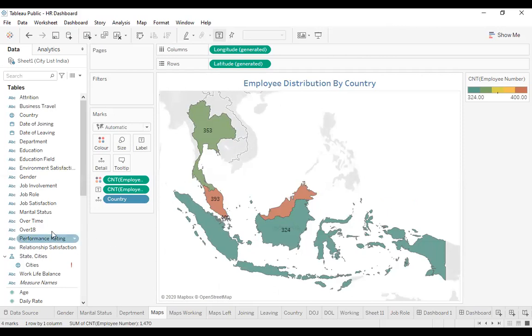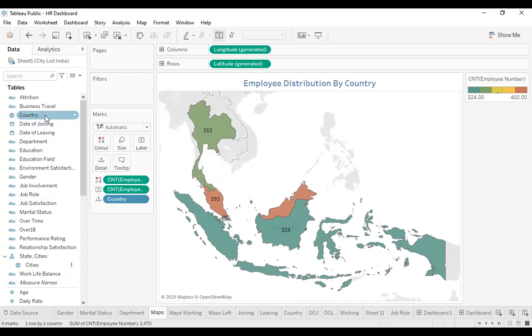So when we put the country that is available here, you see the globe sign here. We were talking about the globe sign, which is so-called geo data. When it is geo data, it will be a globe sign.